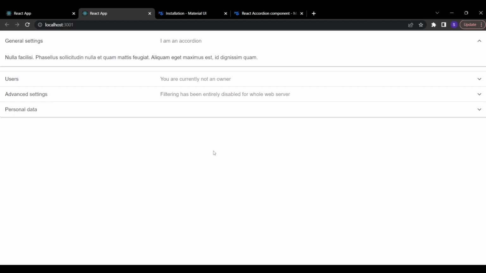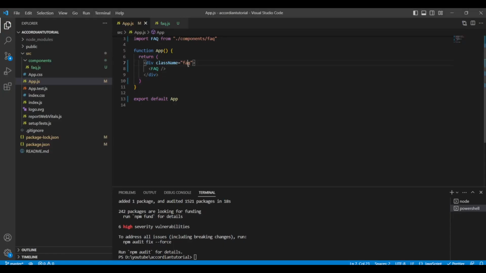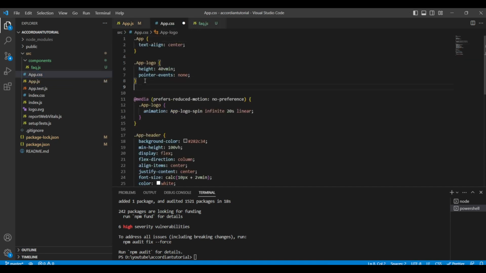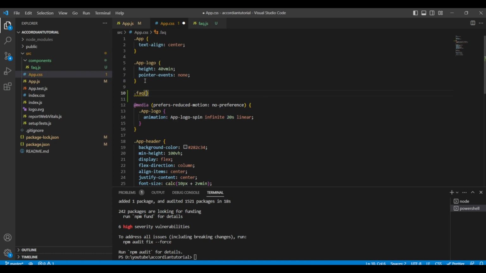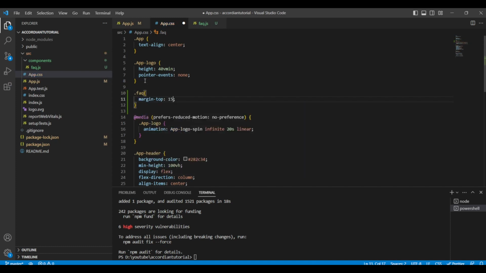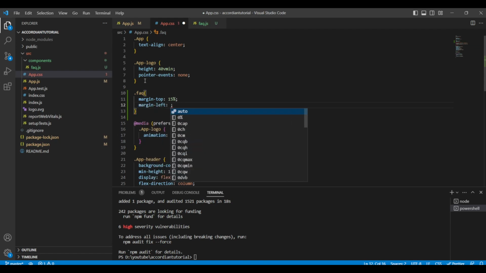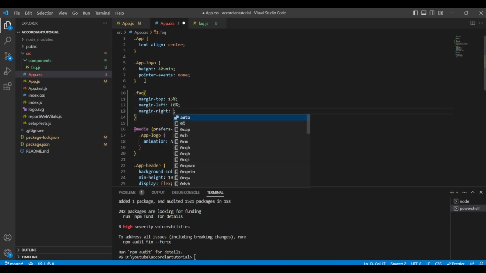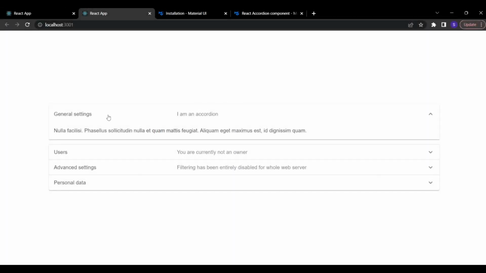So we are going to apply some CSS. So we have assigned a class name FAQ. So in the app.js, we can go and create a new FAQ class, and let's give it a margin top of 15%, margin left 10%, and the margin right to be 10%. Let's save this. So now on the browser we can see that the FAQ section is appearing in the center